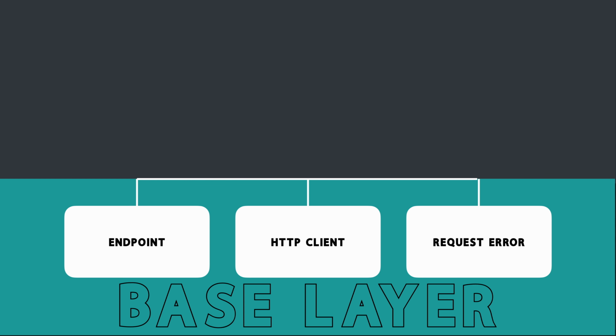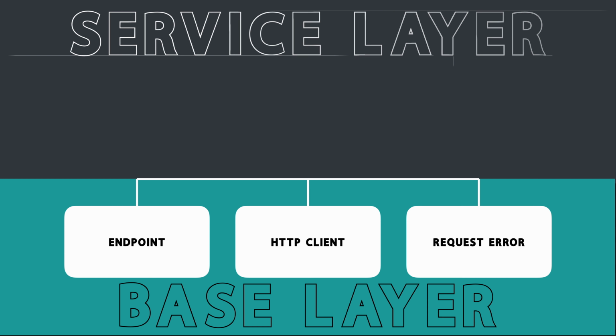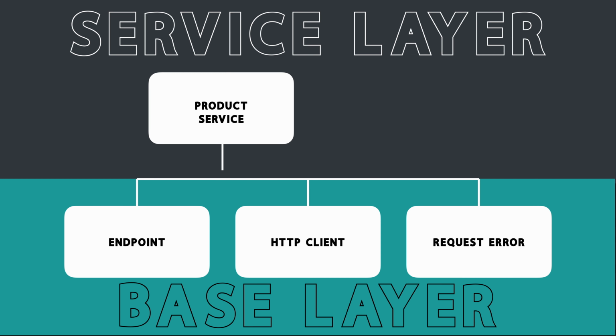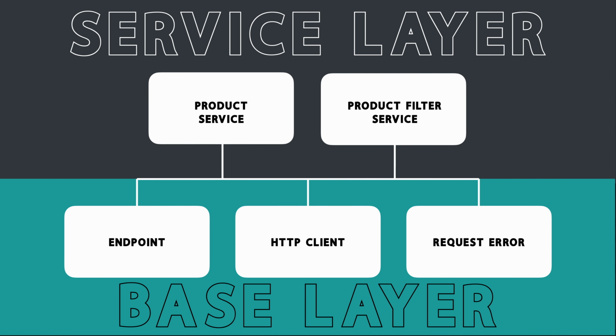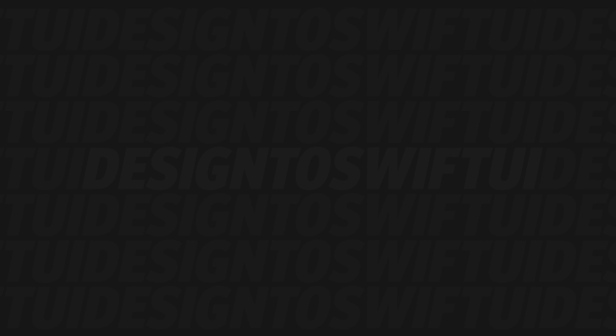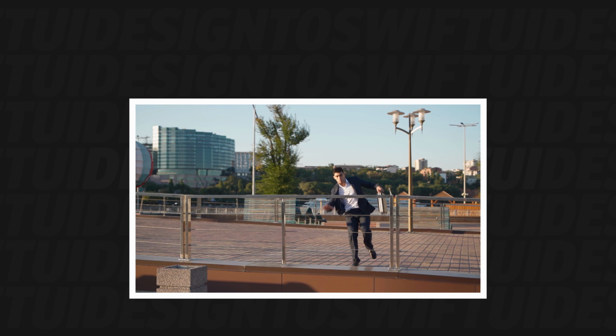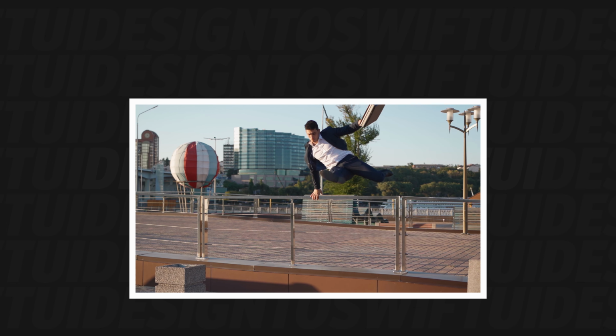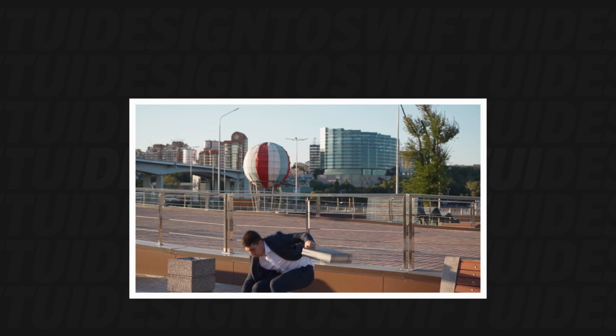The advantage of this approach is that it allows for a clean, organized, and scalable code base. Each service struct is designed to interact with a specific API endpoint, making your networking layer highly focused and efficient. Now that our foundational elements are in place, it's time to execute our request. But let's elevate our approach by leveraging Swift's async await feature, sidestepping the complexities often associated with using synchronous methods